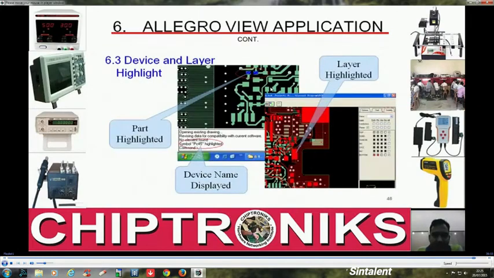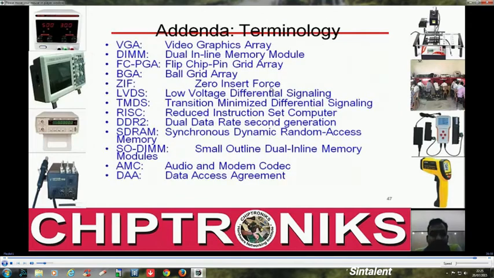Yes, so I have explained the Allegro view application over here to get an idea. So let's just get back to the terminology. VGA is a video graphics array, DIMM means dual inline memory module, FPGA means flip chip pin grid array, BGA means ball grid array, ZIF stands for zero insertion force,